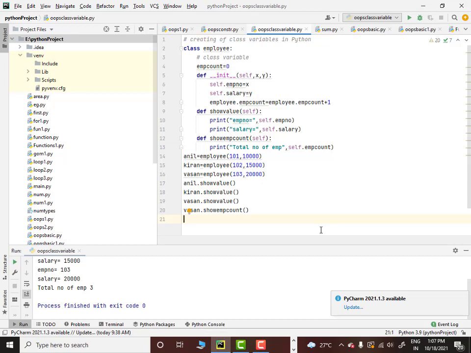Can you think of any practical implementation where we use a class variable? I was doing it simultaneously. You are getting an error? Balu, I just have a question here. I just put in the same thing. I did not get the total number of employees 3. I got the rest of the output. Have you called the method? Yeah, I did. I pasted the entire syntax in the chat.